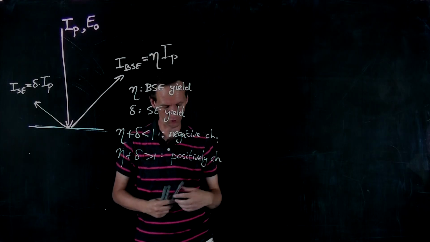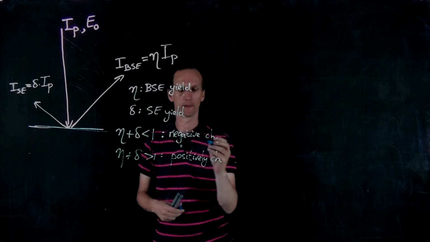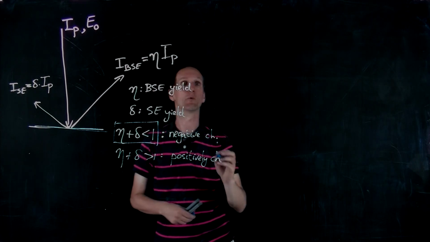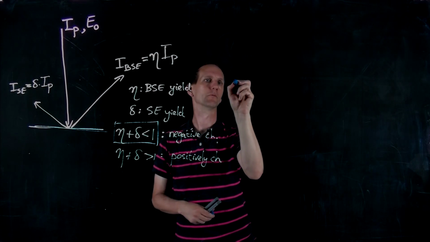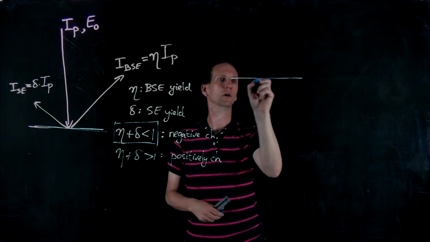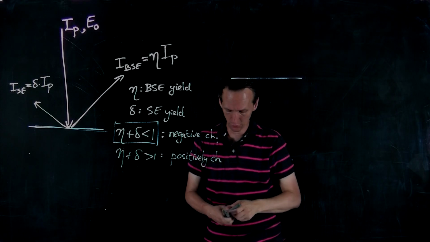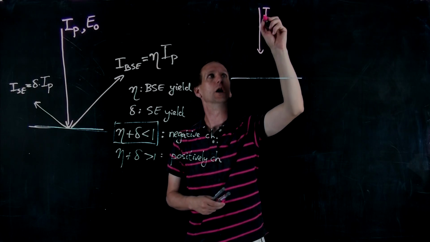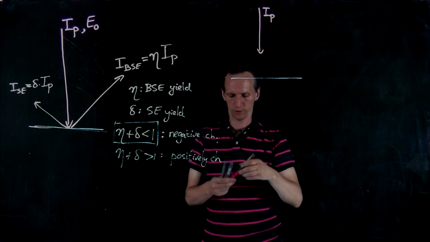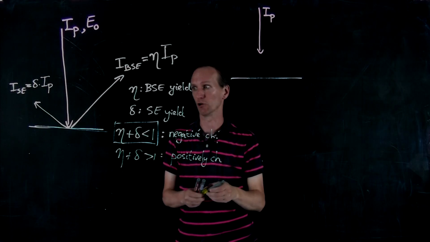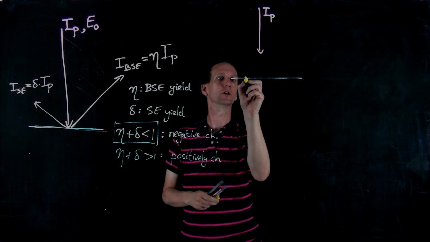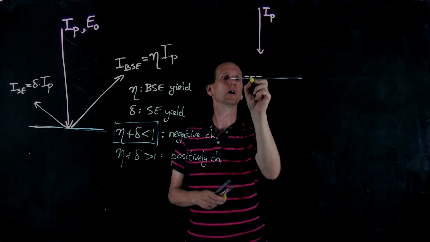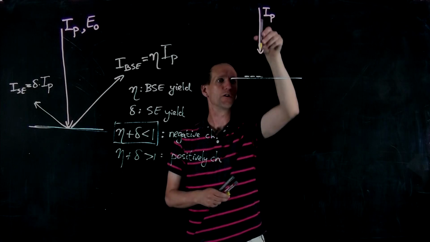So let's look first at the case of negative charging. So here, eta plus delta larger than 1. So again, I draw my sample here. Now we have our incoming primary beam here, I_P, and while the primary beam is striking the sample, it will negatively charge. So here are the positions where we have already been, so this beam is scanning in this direction, leading